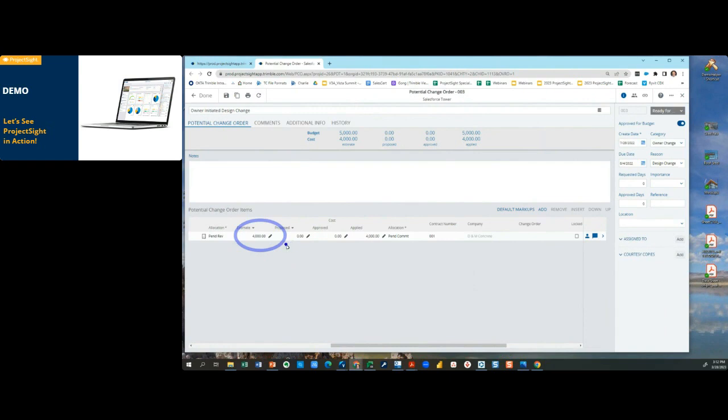Yeah. So a couple of key takeaways here, right? We're going to be able to limit who has access to things like change orders, obviously, right? You get an unlimited amount of security roles with ProjectSight. So your PMs are going to be able to have change orders. Maybe,